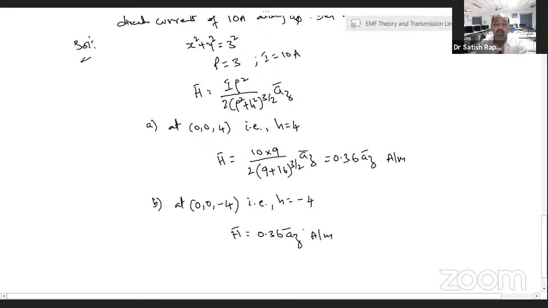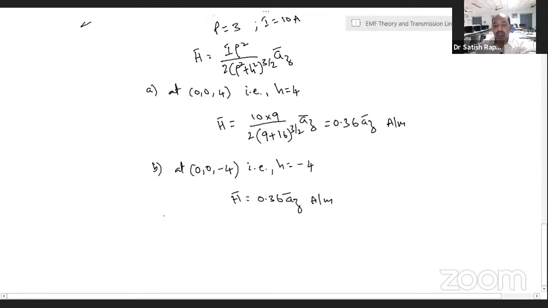Why? Because in the formula we have h square, right? So therefore it may be positive or negative, you will get the same answer. So therefore magnetic field does not depend on, right? From this problem we can conclude that the magnetic field